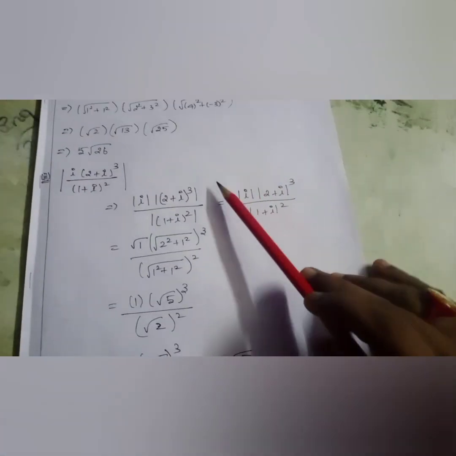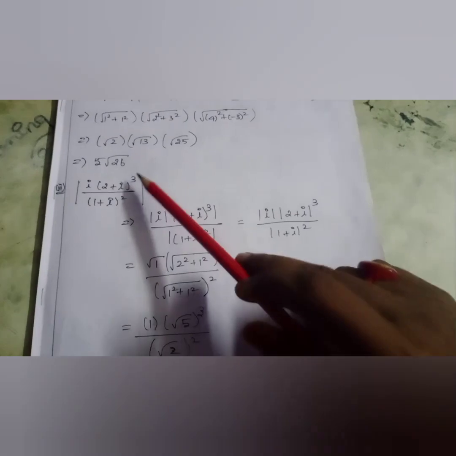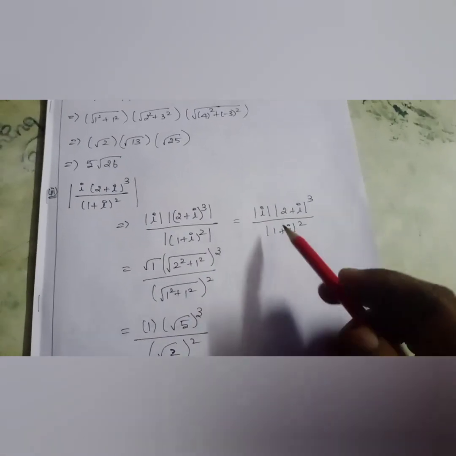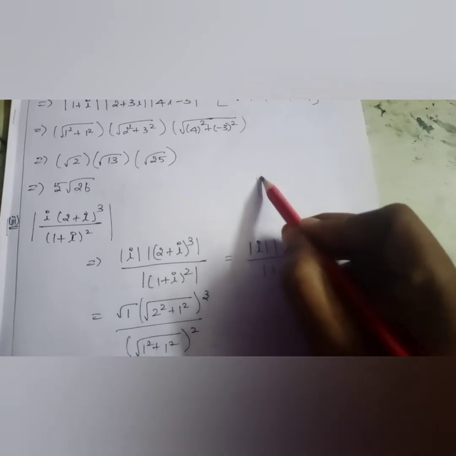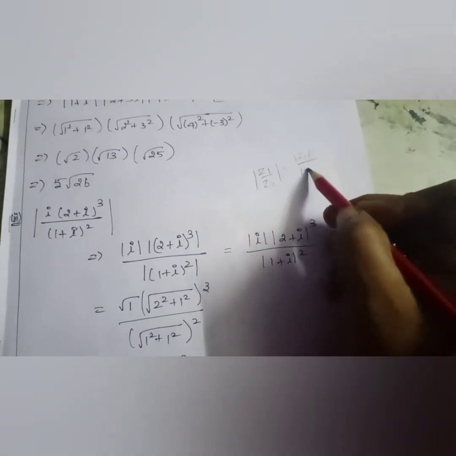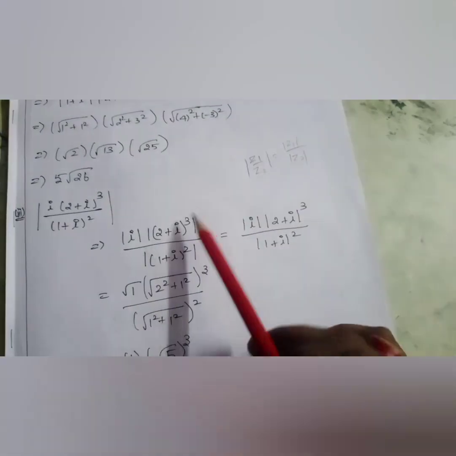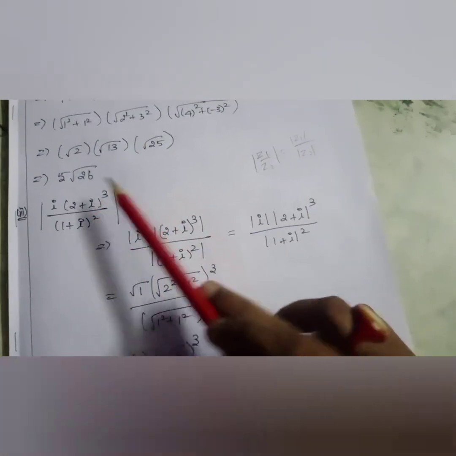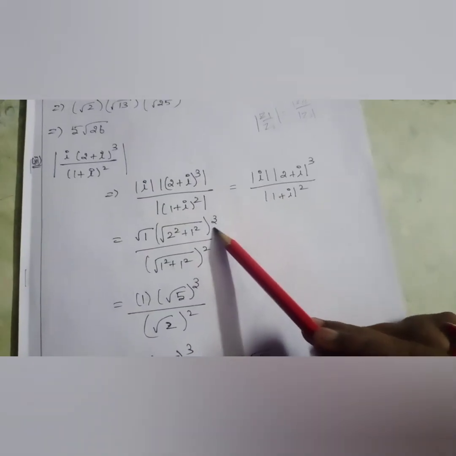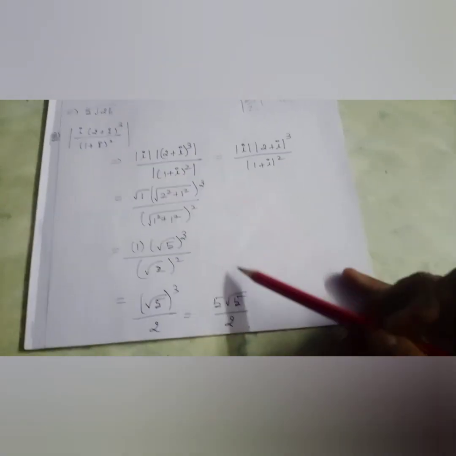And I have done the third subdivision also. I did it because it is having a division method. In division also we are going to apply the same method only, but we will make use of the property that modulus of z1 by z2 can be written as mod z1 by mod z2. That is also a property. That's how we have split this whole modulus as numerator and denominator, and applying the modulus definition we are getting the answer. So this is how we have to do this sum.